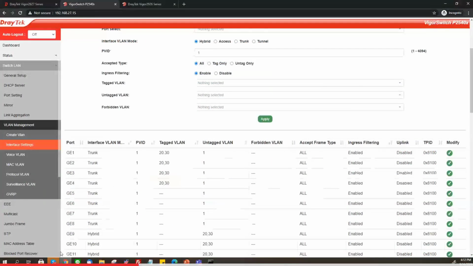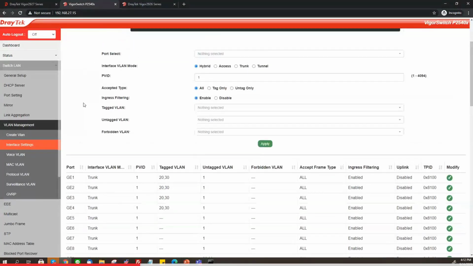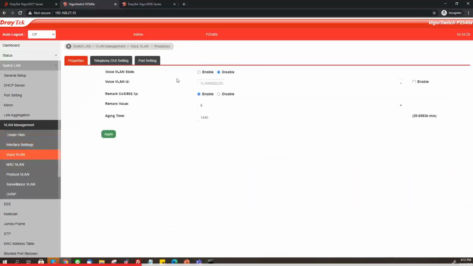First, we will go to the Vigor switch, and to set up the voice VLAN, we go to VLAN Management, Voice VLAN menu, and enable the voice VLAN. The voice VLAN is VID 20. Packets are remarked with a value of 6 and click Apply.